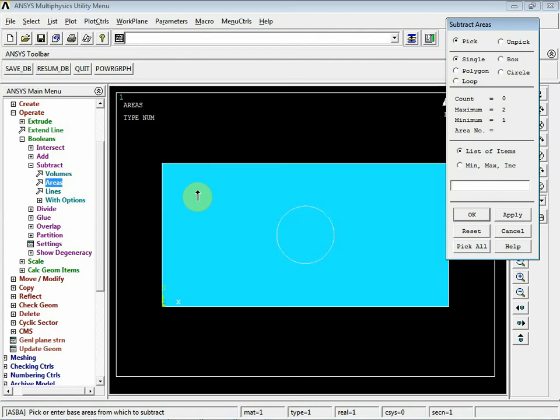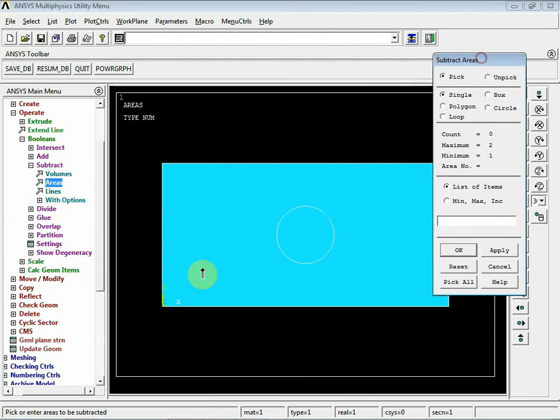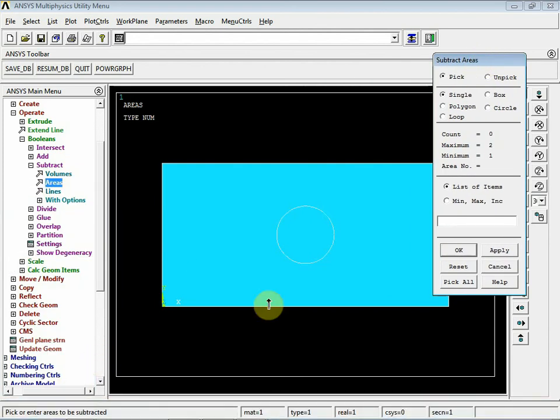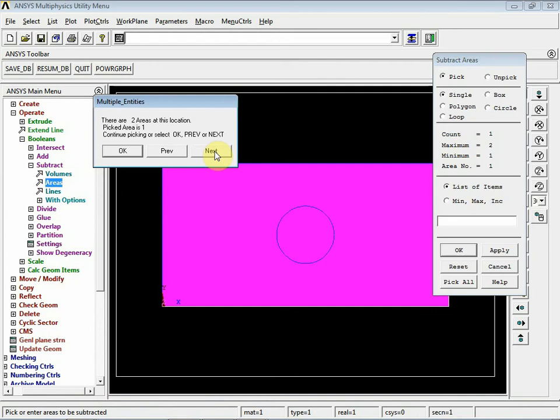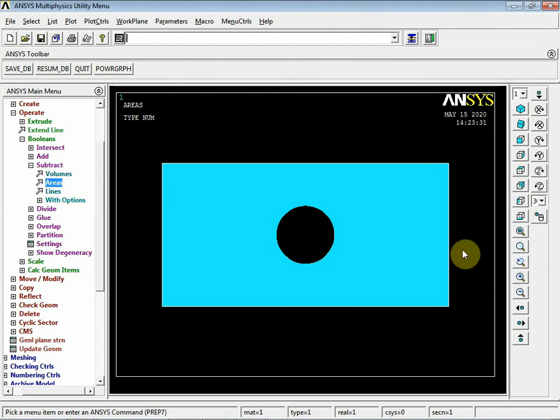The base area is nothing but the rectangle, so I am picking it, say OK. Now you need to pick the areas to be subtracted. So the circle needs to be subtracted. Select it, say OK, and say OK again, so that the hole is created here.